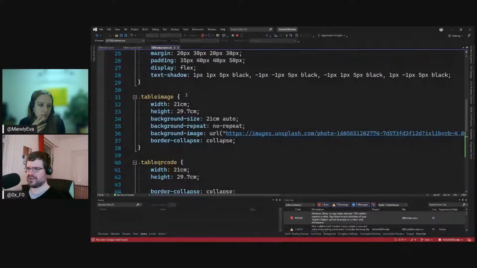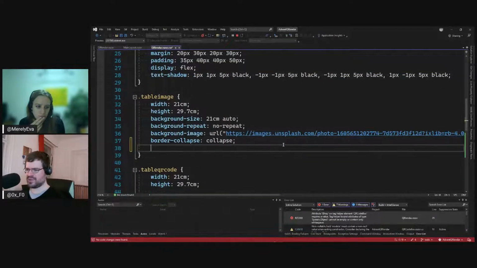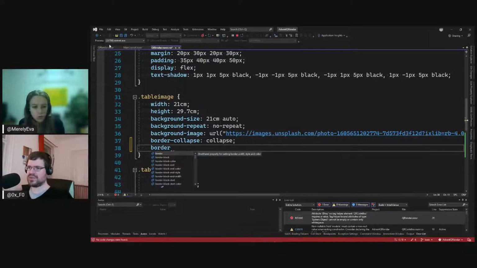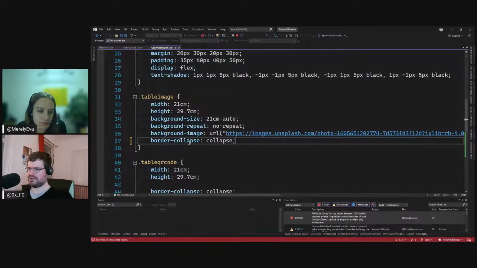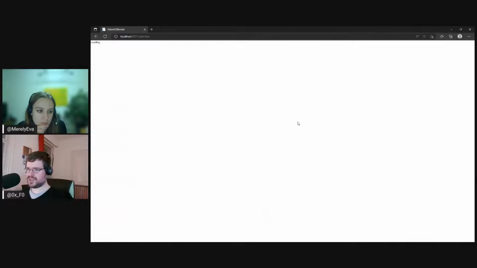So we need to do it now in the table image here. But how can we do that here? How can we define it here now? Doesn't it have to be in the box, or like not the box, the door? Did I do it wrong? So we had it on the... Oh no! We had it on the table image before. Yes, we did. Sorry. But if we have a look at it now, this will be